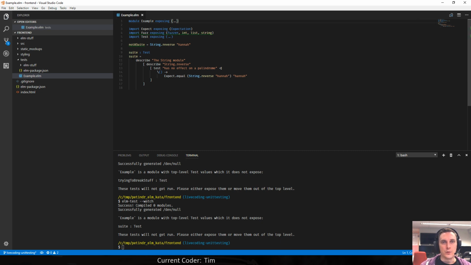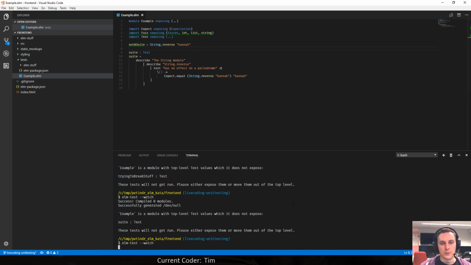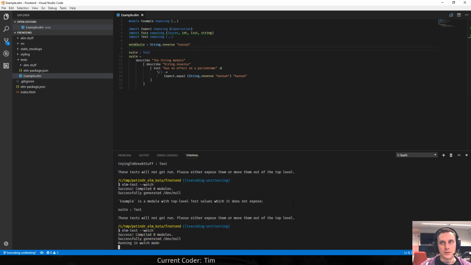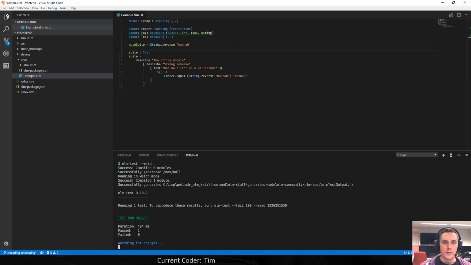So now we've got one thing that is in fact a test, and then another suite that's just a function. Now we're exposing both of them, but elm-test will make sure that it's only going to run the actual tests. And so that's the thing right here, running one test and then it works. So I hope that's clear for everyone.